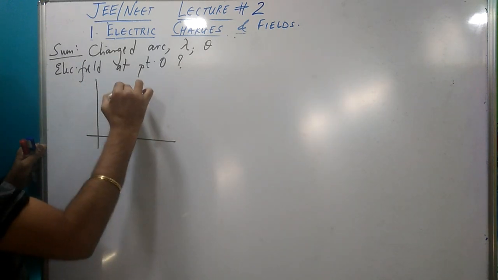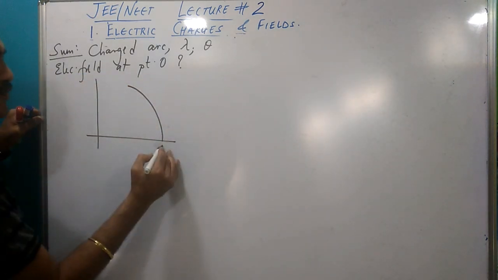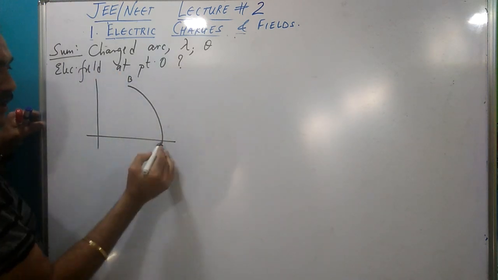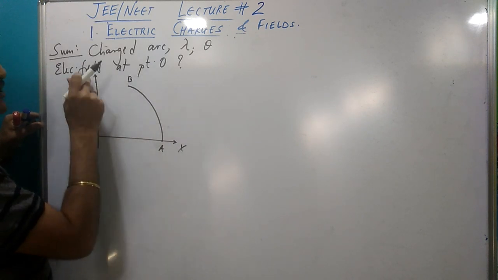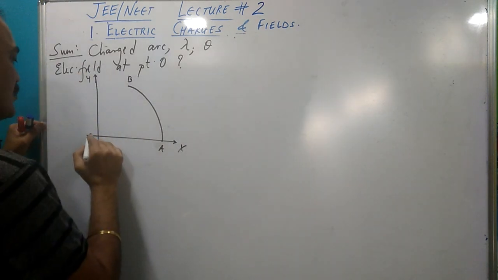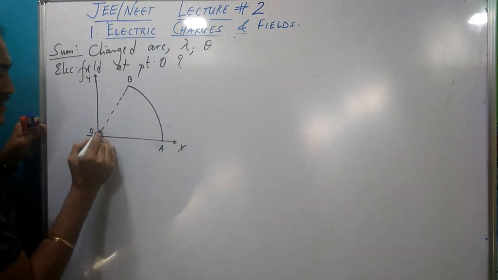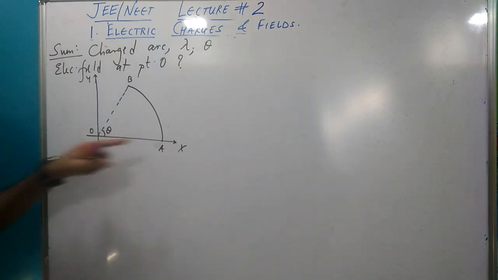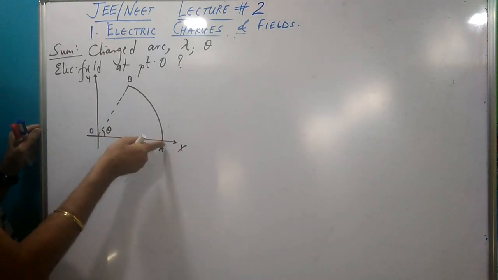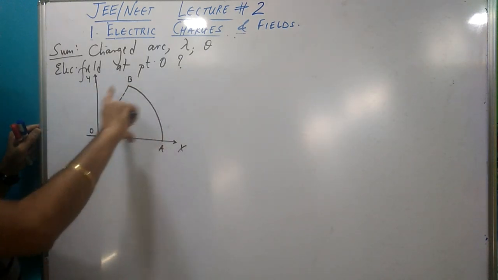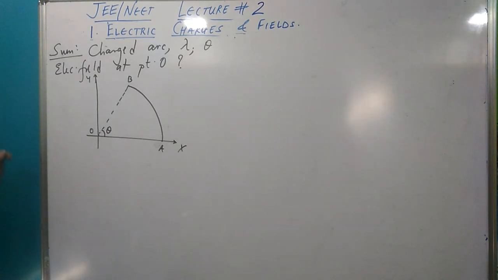This is a miniature version of the arc, but an arc nonetheless. This is the arc from point A to point B. You can see point A is on the x-axis, but point B is not touching the y-axis. So this is what they mean when they say that the arc is subtending an angle theta. When I say the arc subtends an angle theta, it means from one end point to the other end point, both end points subtend an angle theta at the origin. So this is how we are looking at it.